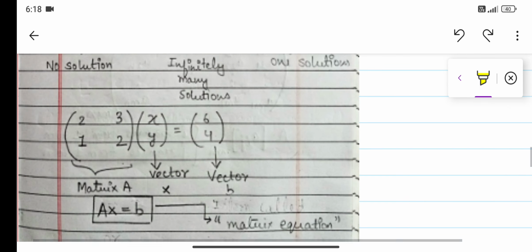A matrix is nothing but an array of numbers, right? Now, we need to solve simultaneous equations in order to get a solution, because a bunch of simultaneous equations may represent a system,